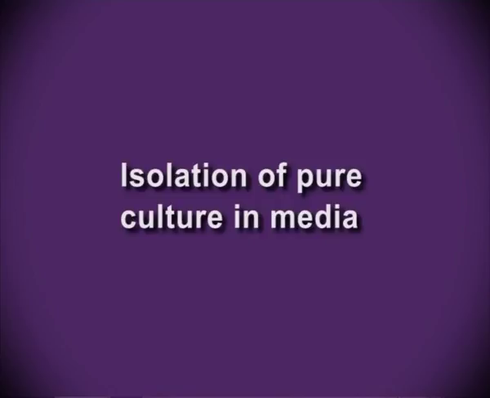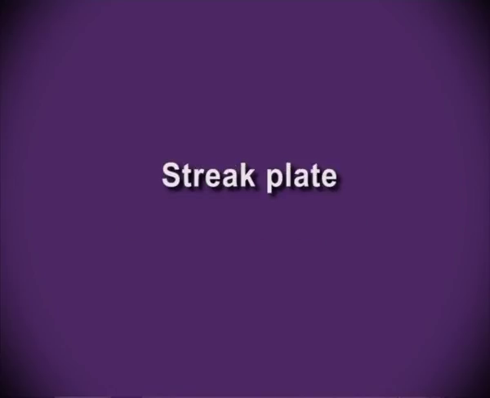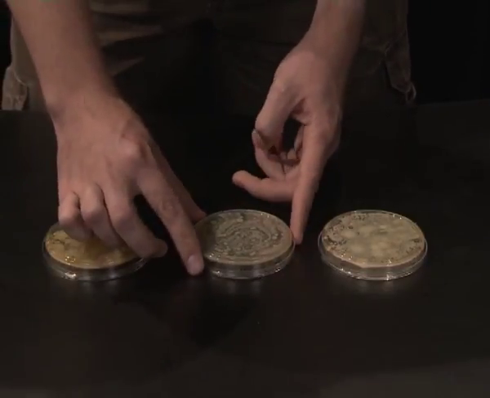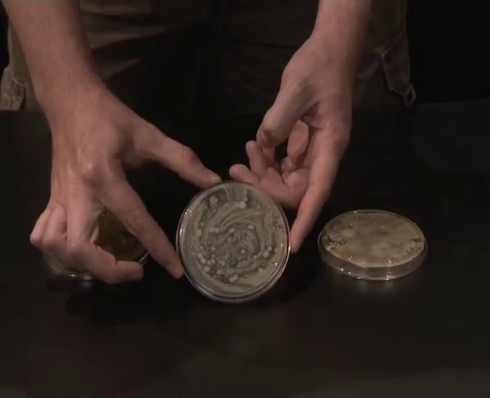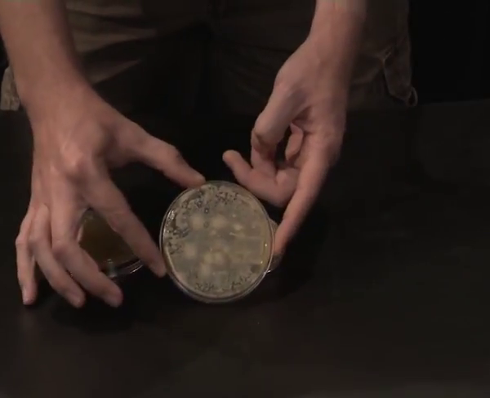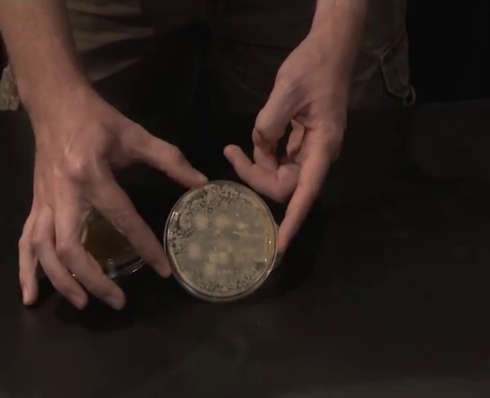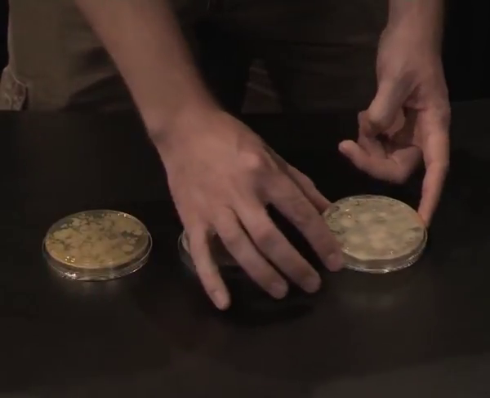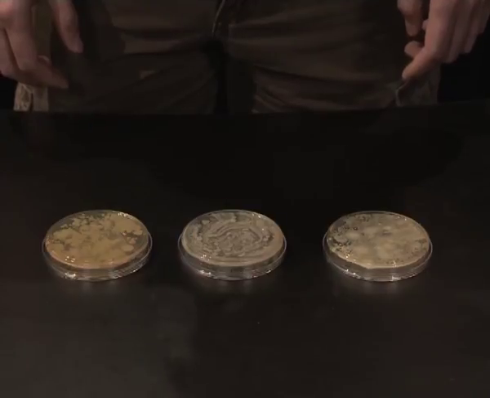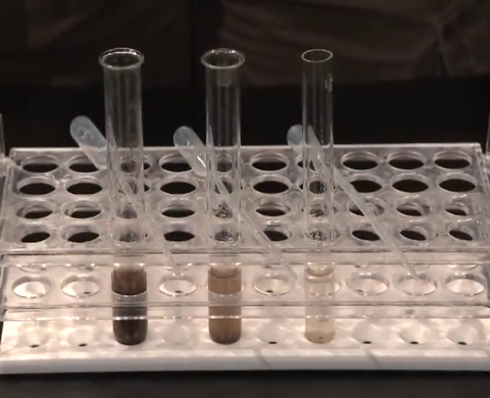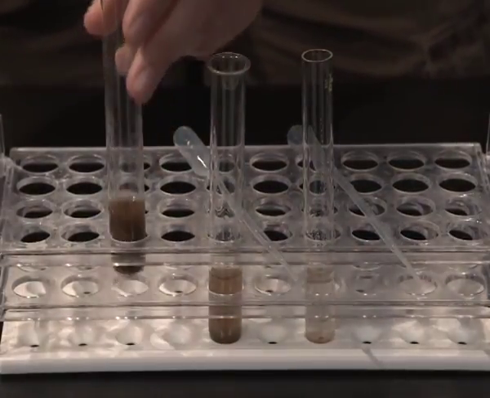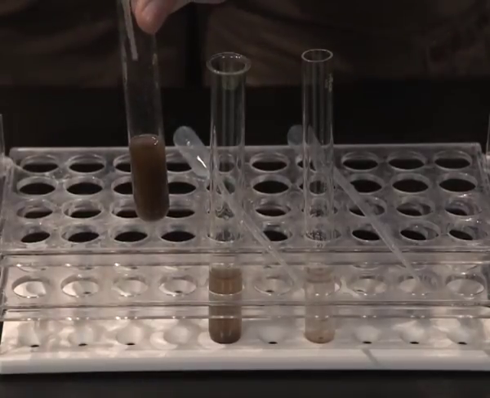Let's learn about isolation of pure culture in media. Streak plate method. A sterile inoculation loop is used for preparing a streak plate as shown in figure 5. This involves the progressive dilution of an inoculum of bacteria or yeast over the surface of solidified agar medium in a petri dish. The streaking should be done in such a way that colonies grow well separated from each other. The aim of the procedure is to obtain single isolated pure colonies. A culture developed from a single unaltered colony is called a pure culture.